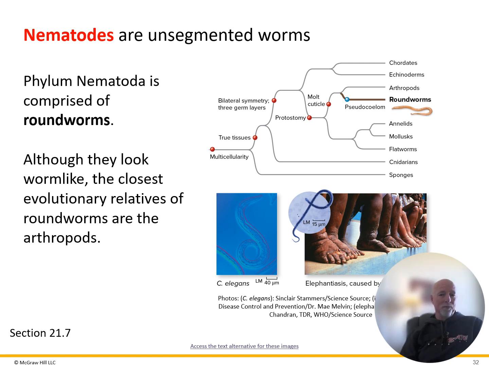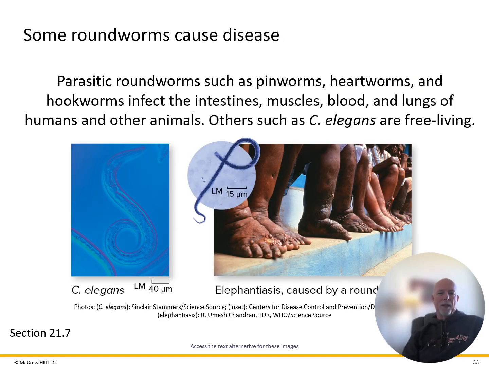Here's the nematodes. Now, these are unsegmented worms. These are round worms. The reason why they're so important is they're very parasitic. Roundworm parasites are, especially in underdeveloped countries, third world countries, Southeast Asian countries, Central American countries, roundworms can be very parasitic, usually not causing death, but can be very parasitic. Pinworms, heartworms, hookworms, these are some of the worms that you're familiar with, heartworms in dogs, but pinworms and some of the other worms are